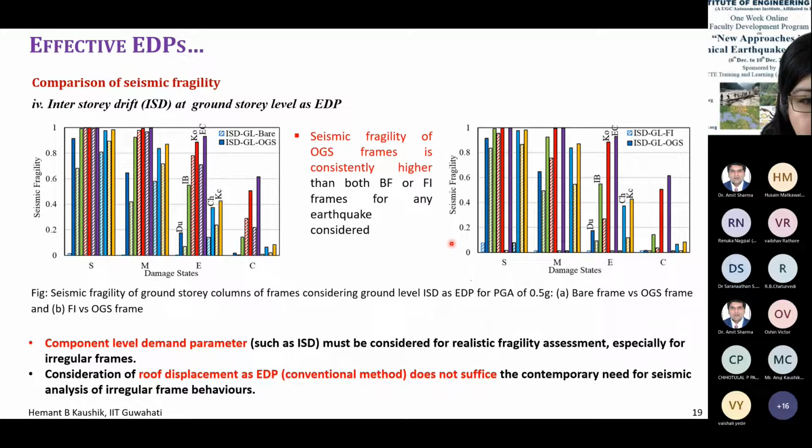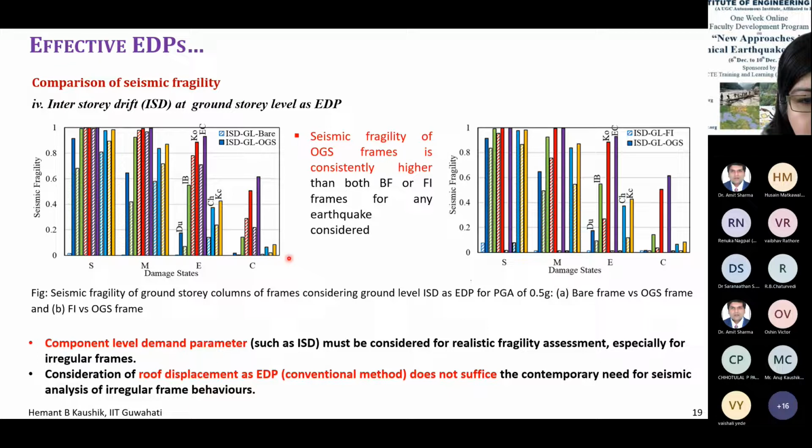The frame still can collapse if the ground floor infill is failed. In case of this also, you can see this is the shaded one, this is the solid one. So there's a tremendous difference. In all cases, the seismic fragility of open ground story buildings is much higher than the bare frame or the fully infilled. This clearly shows that